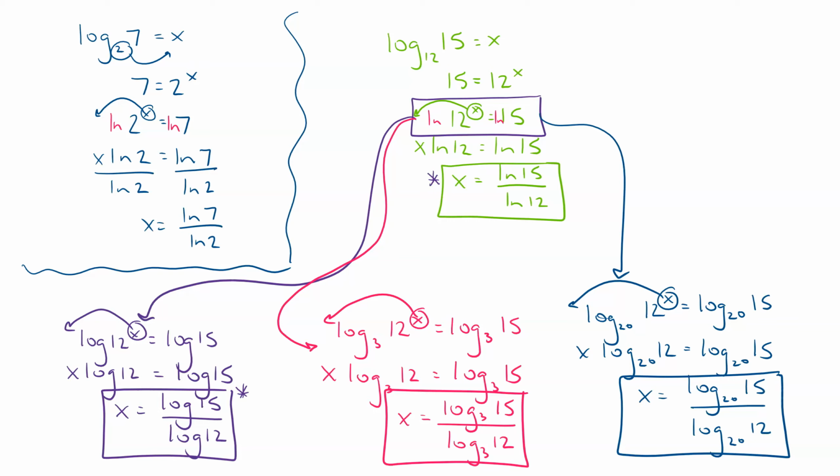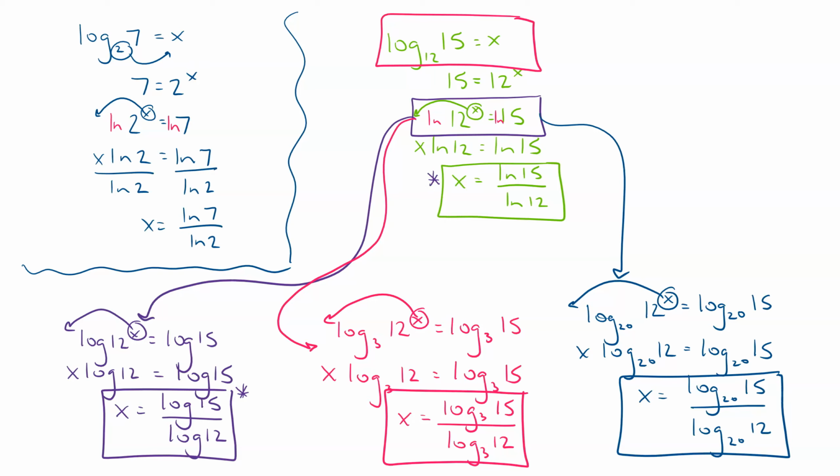As you can probably see, if we don't care about being calculator ready, it doesn't matter what log base we pick. The pattern ends up the same. It's log base whatever of 15 over log base whatever of 12 for this problem. And this shows what's known as the change of base formula, because all of these answers are equal to log base 12 of 15. The change of base formula basically says